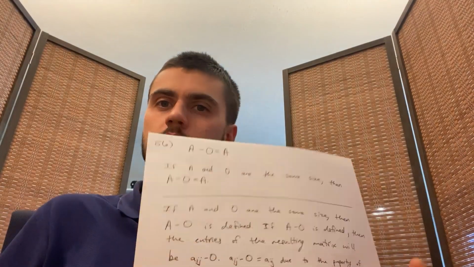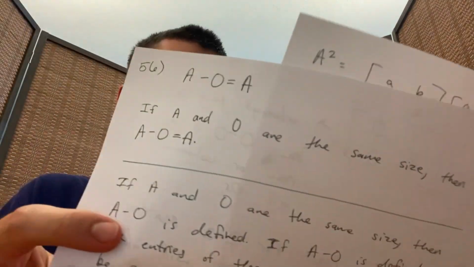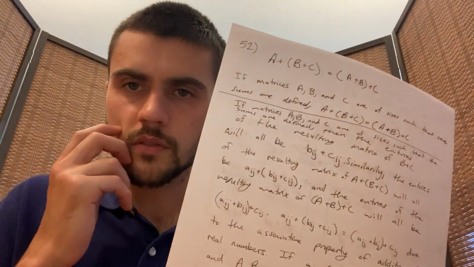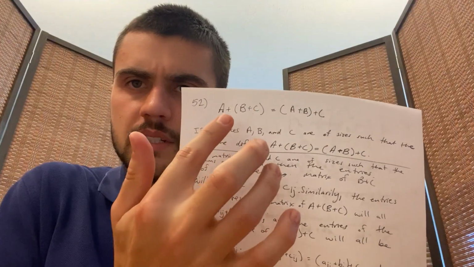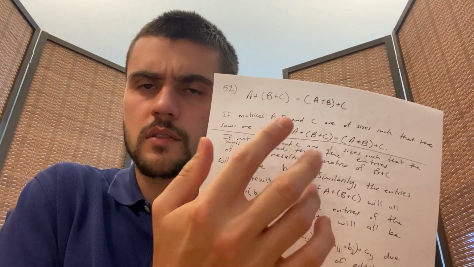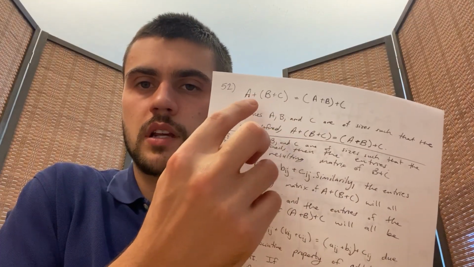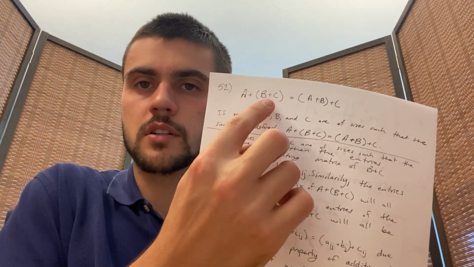I finished all the problems. We're done with 1.3 or 1.4. We're about to jump into 1.5 after explaining these. We had 2 proofs. This was finishing this one from yesterday, basically showing that these are equal if A, B, and C are the same size. If A, B, and C are the same size, then based on the definition of addition